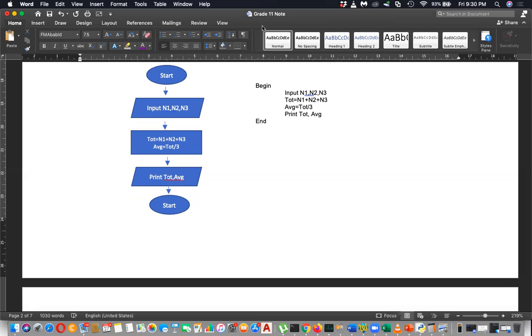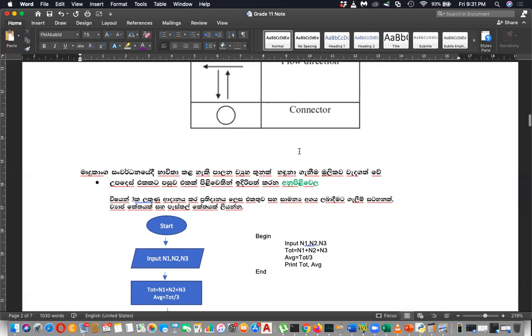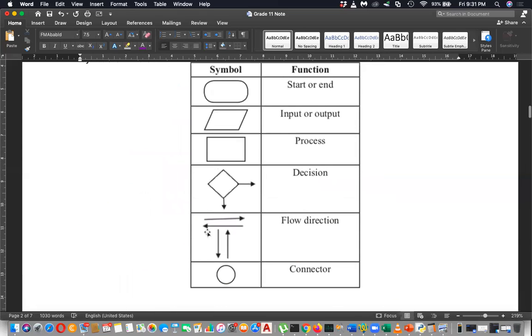English medium. Can you understand the way that we are doing? Yes sir. Okay, if not, please let me know, then I can explain from the beginning. So we are using these symbols, that's all. So we have to write this